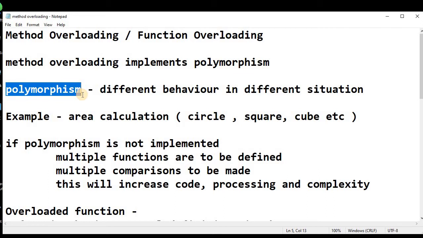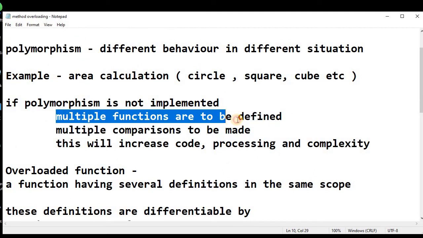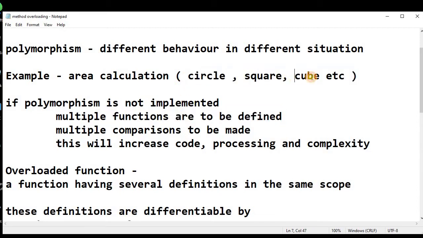So let's see, if polymorphism is not implemented, then what happens? Then we have to define multiple functions for similar work. Just now I gave you the idea that to calculate the area, we have to define multiple methods, one for the circle, one for the square, one for the cube, and we know that there are many shapes.